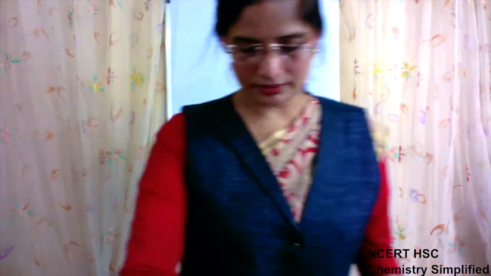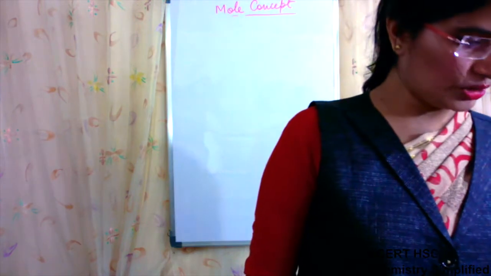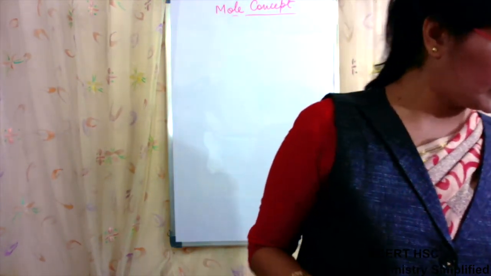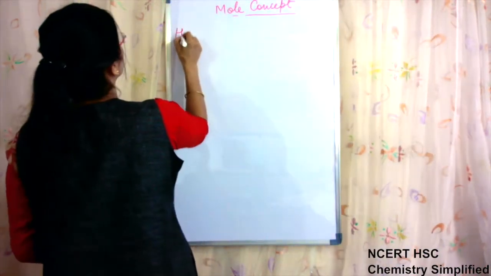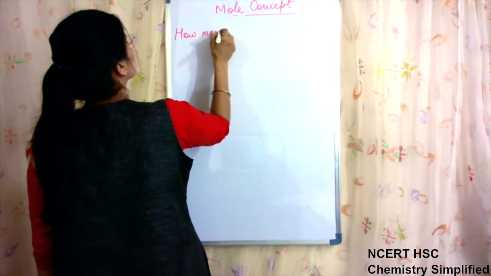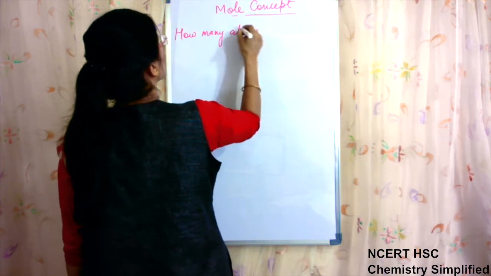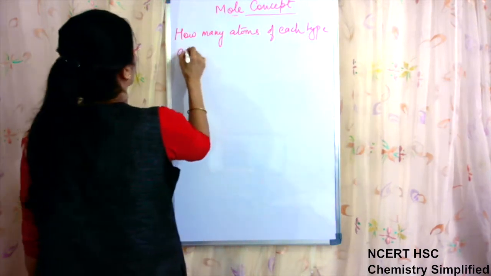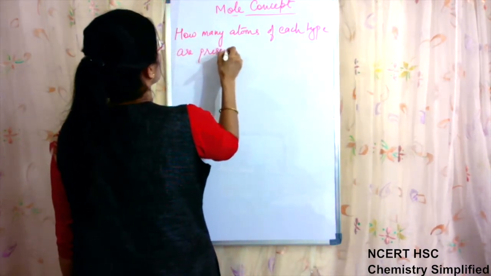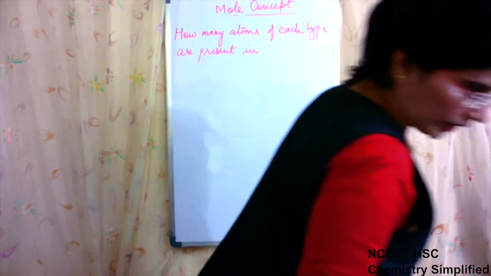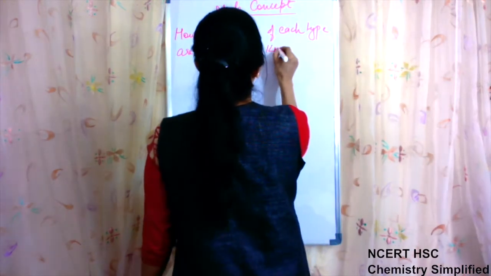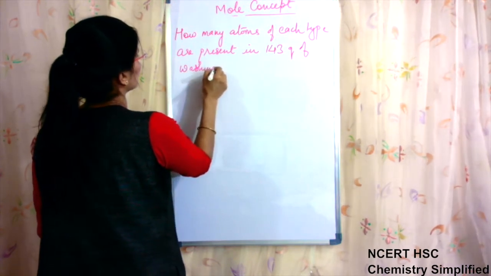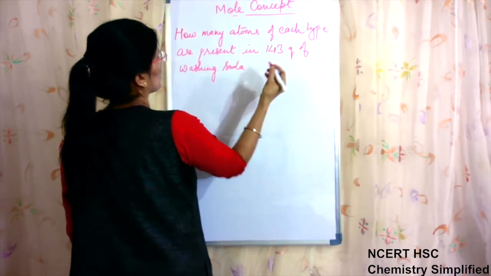Let us do one simple question. How many atoms of each type are present in 143 grams of washing soda, that is